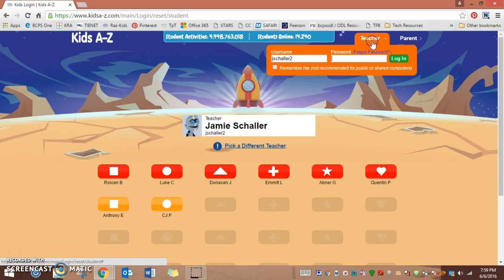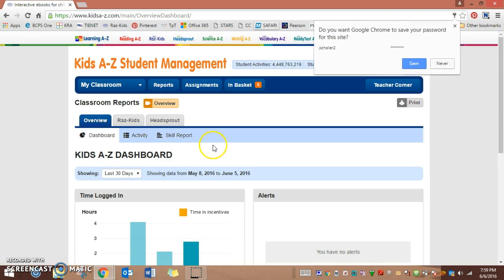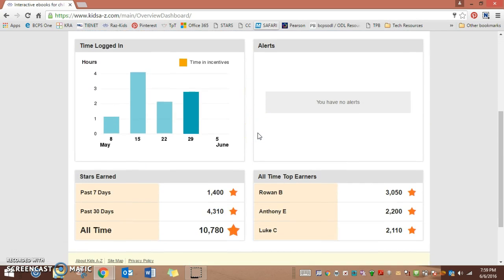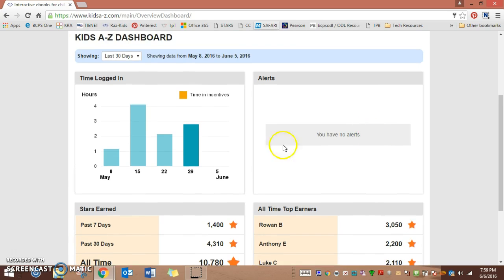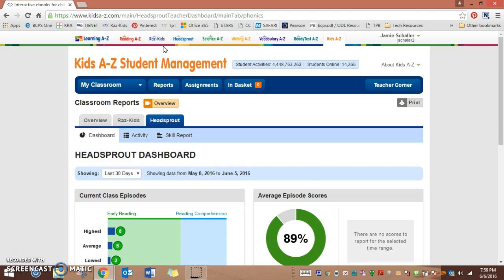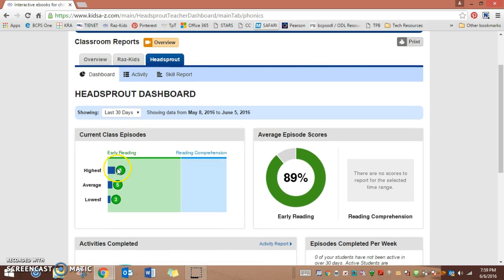So for example, if I sign in, it will show my dashboard, and it shows who's earning a lot of stars and points. It shows how many hours certain students are participating in these activities, and you can go specifically to Raz Kids or to HeadSprout. So for the purpose of this, I'm going to show you HeadSprout,